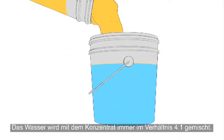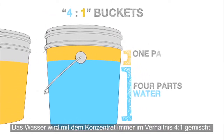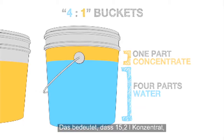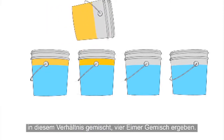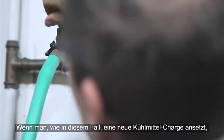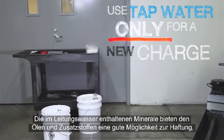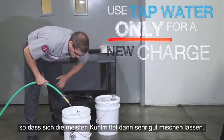When mixing concentrate with water, we always use a 4:1 water to concentrate ratio. Remember, we have 4 gallons of concentrate. This means we need to mix 4 total buckets using this ratio. When you start a new batch of coolant, like we are here, it is best to use tap water. The minerals in the water provide surfaces for the oils and additives to adhere to, giving the best mixture for